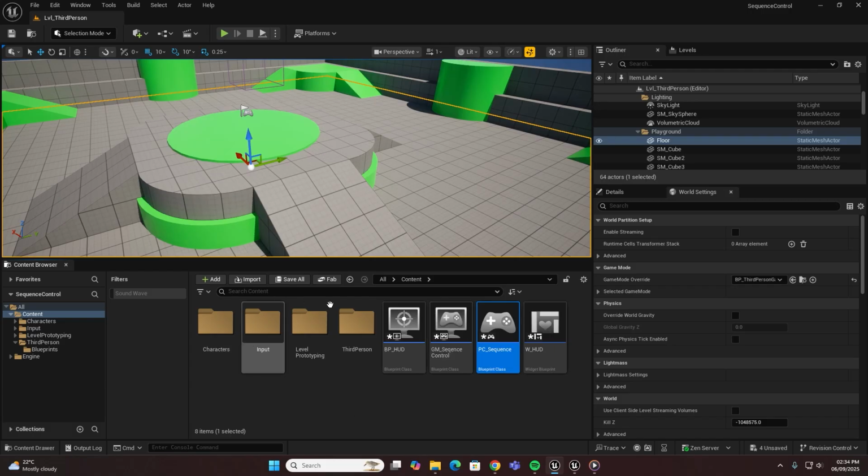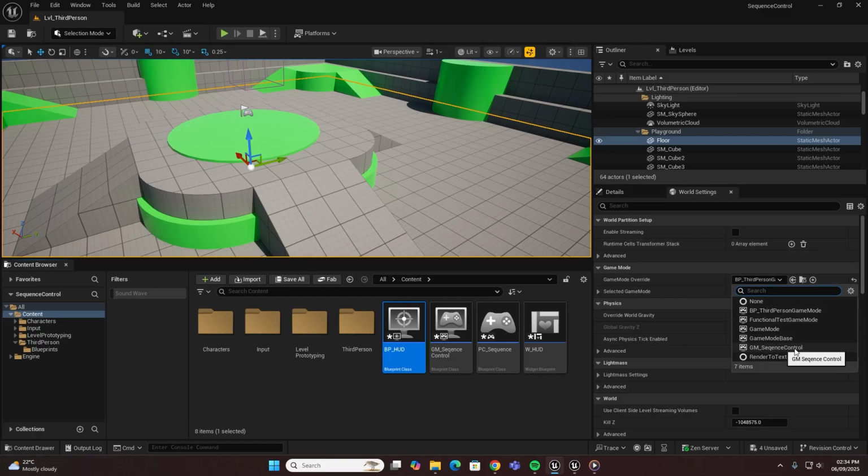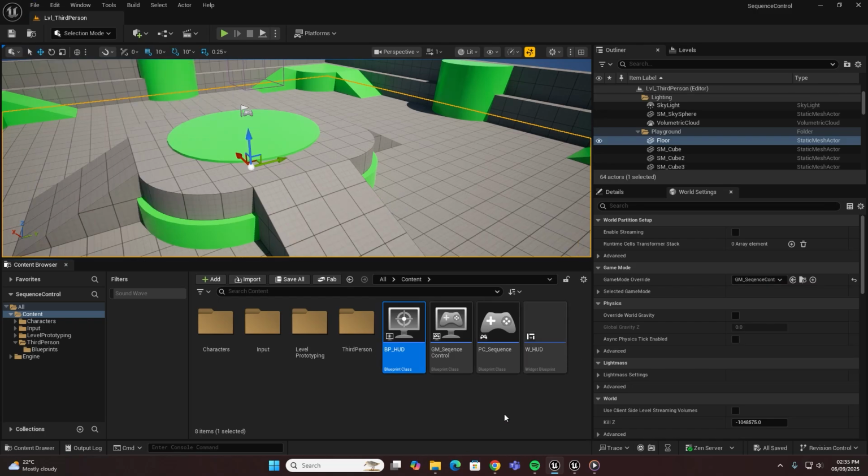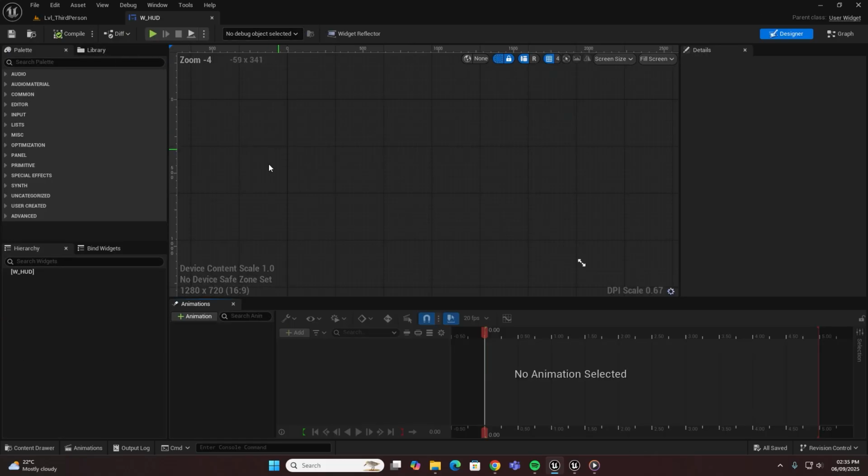Okay, so firstly, let's just assign this here in your world settings. If you come down here to game mode override and select the GM sequence control, and let's just file save all those. And now if we go into the HUD here, let's add a canvas panel,